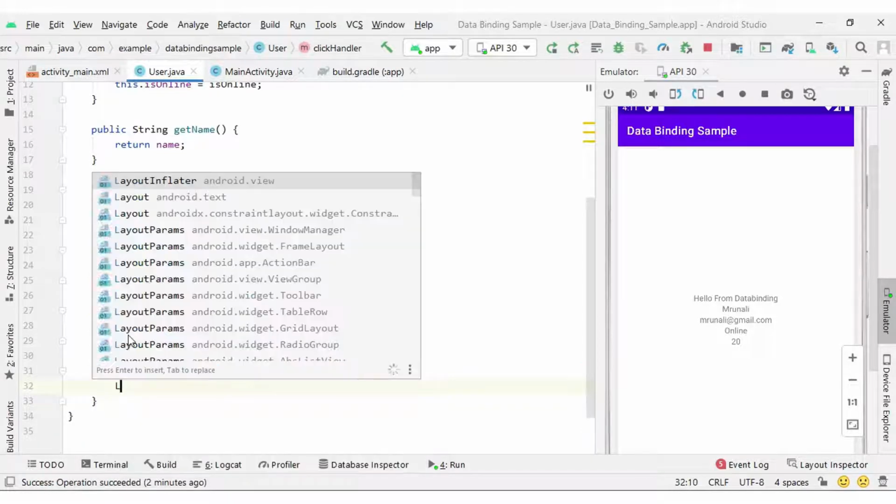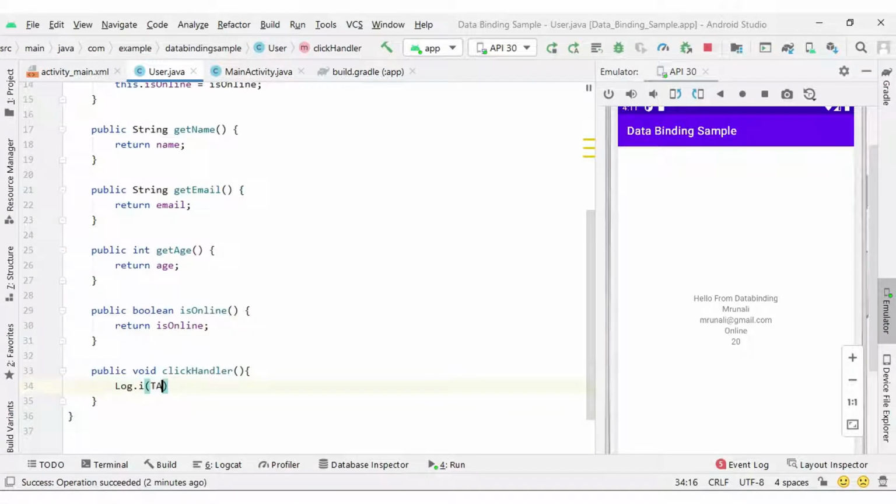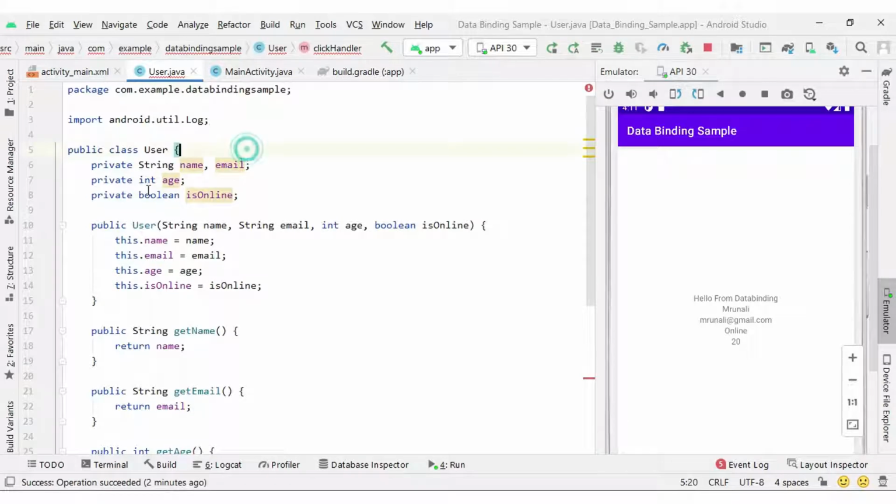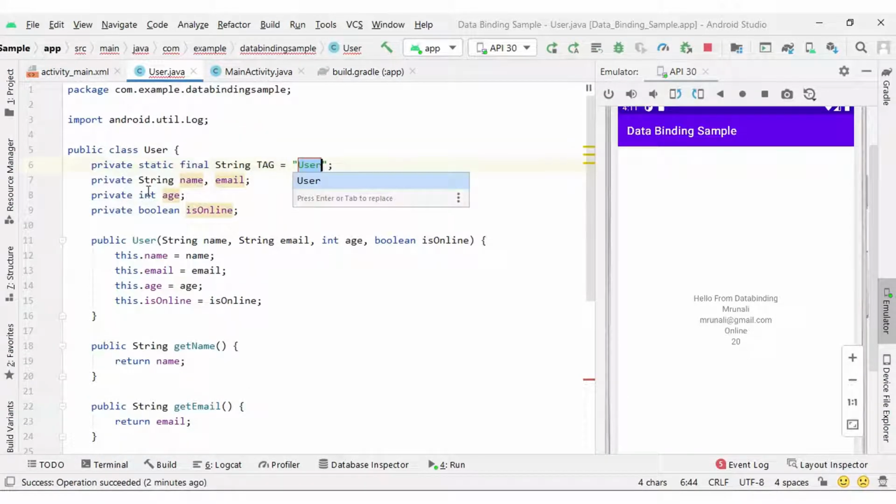Inside this clickHandler I can write Log.i(TAG, "click handler"), and the tag I can create here by the logt syntax.